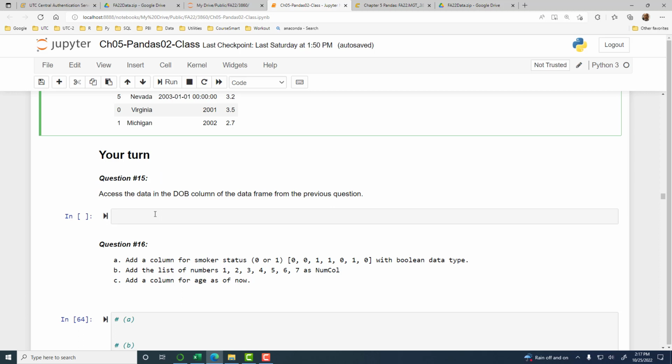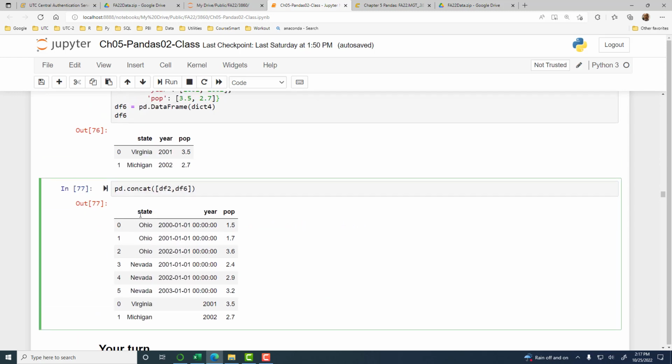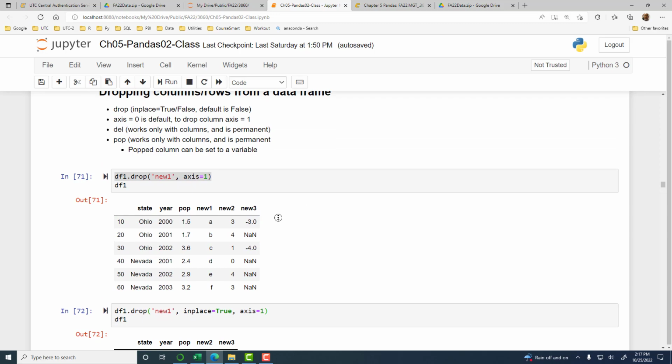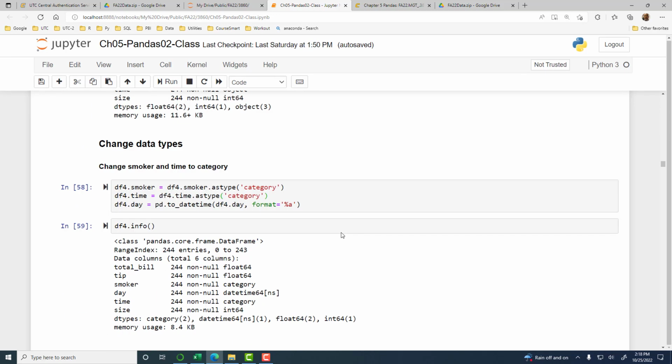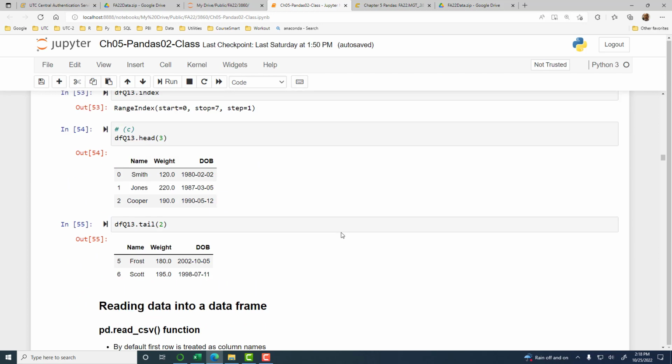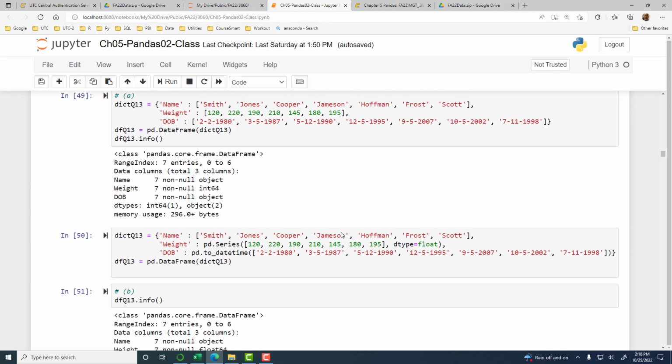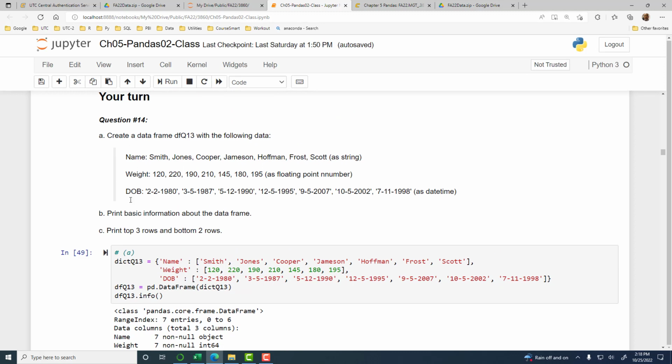Okay, let's see. Your turn. Access the data in the DOB column of the data frame from the previous question. Okay, so from 14, we did 14 somewhere over here. Let's take a look at what we have in 14. So question 14, we have DOB